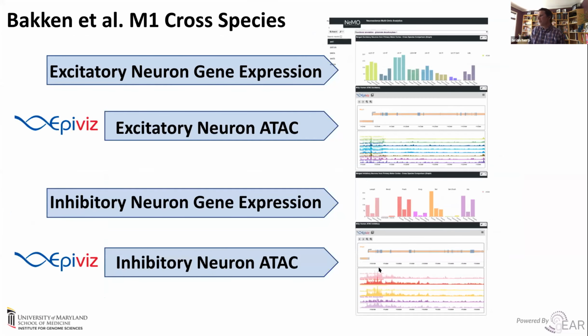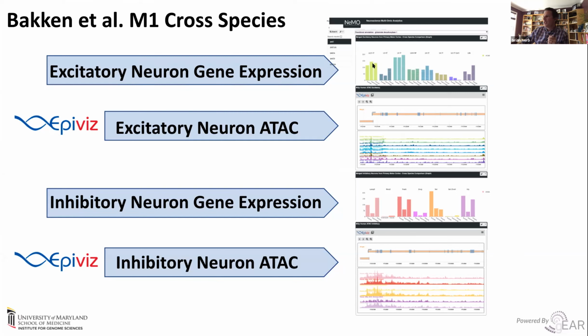Here's another example of mixtures of data types. So for the cross-species paper, they also did ATAC sequencing across those various species. You can compare them directly. The other nice thing about the analytics platform is that you have a lot of leverage over the types of plots that you can produce. So this top example is a plot that was not presented in the paper, but using their data, we've made a bar plot of per cell type, what is that species comparison?